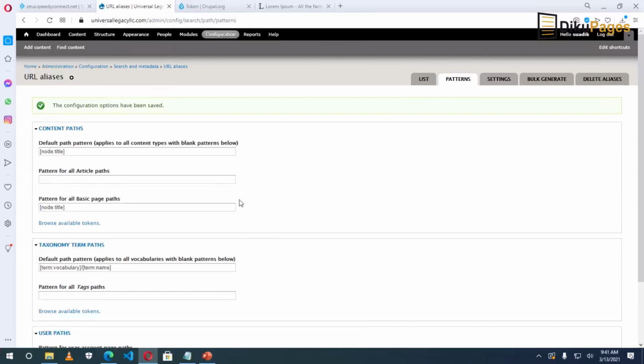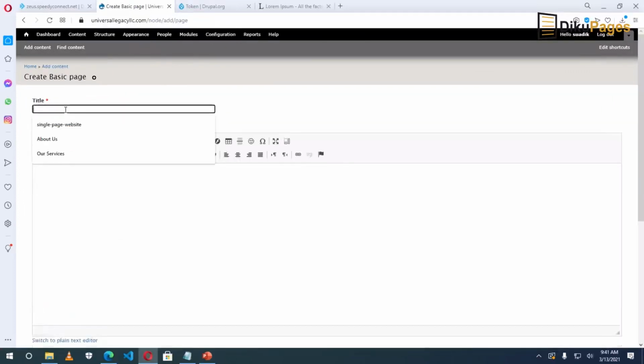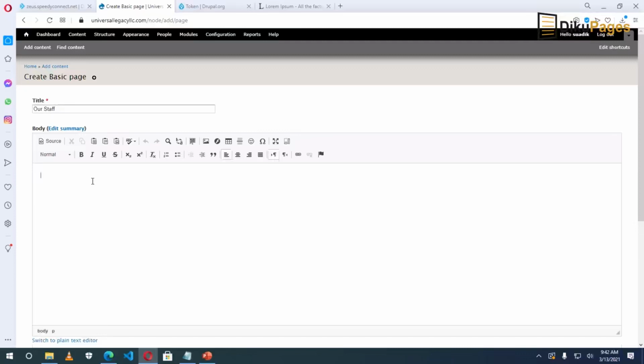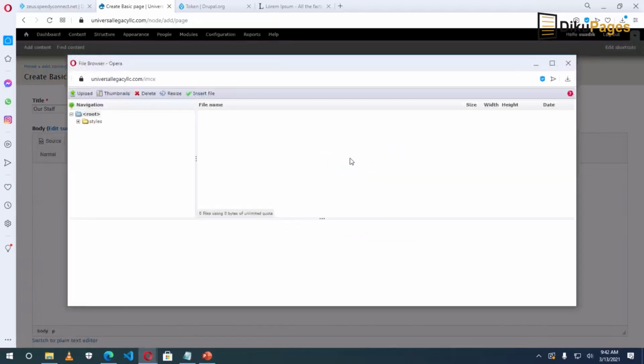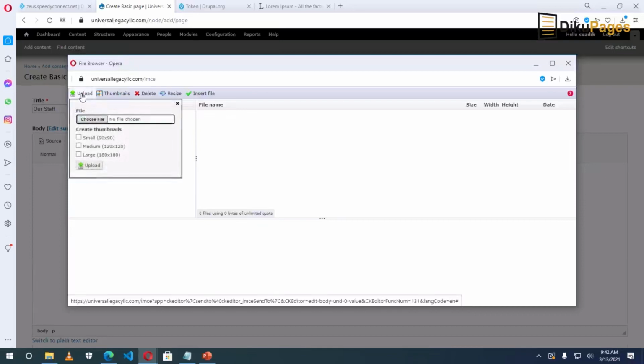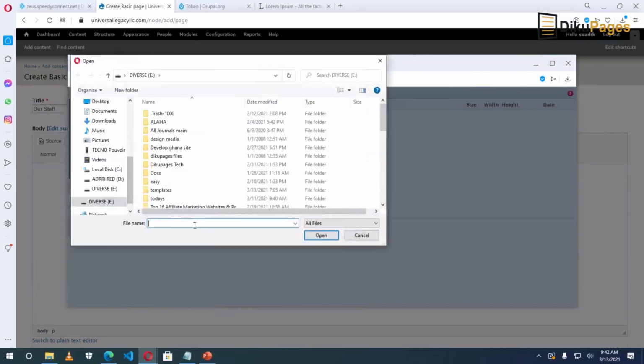So now I'll create the rest of the pages. I'll click on add content, basic page, and the title. I'll enter our staff or our team, whichever way you want to call it. So inside body, I want to get the images of the staff. So I'll click on image here, then browse, click on upload, choose file, show all files. So I'll go to the location I have images of the staff, downloads,